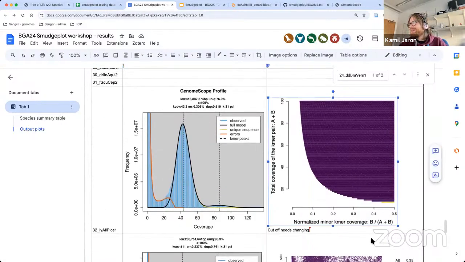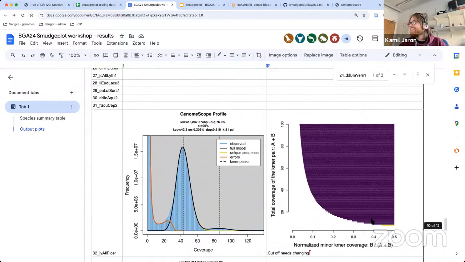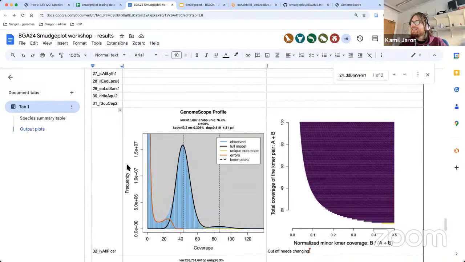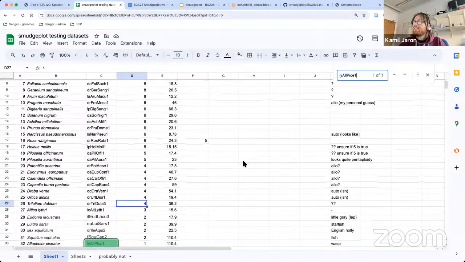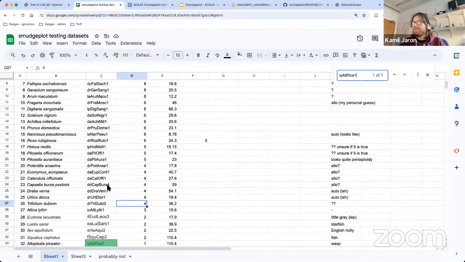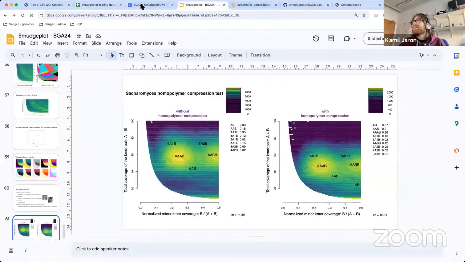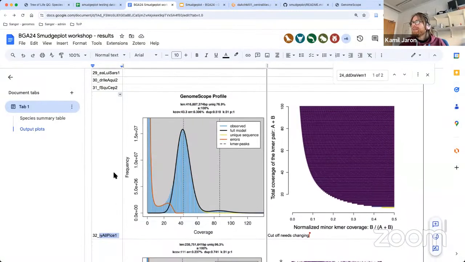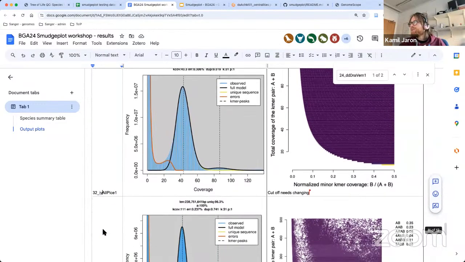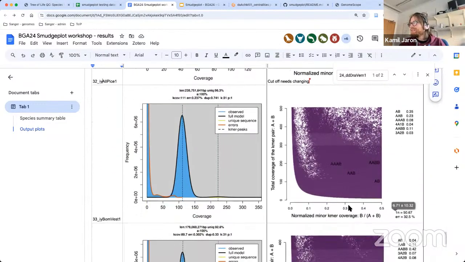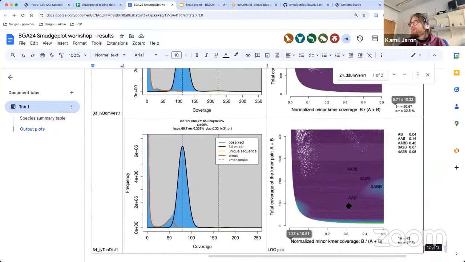Okay, who did this one? This is a very unhelpful plot, isn't it? I actually think this one, Trifolium dubium, might be the same. It gets very planty, huh? I will just cruise through this one. There's not much to discuss.